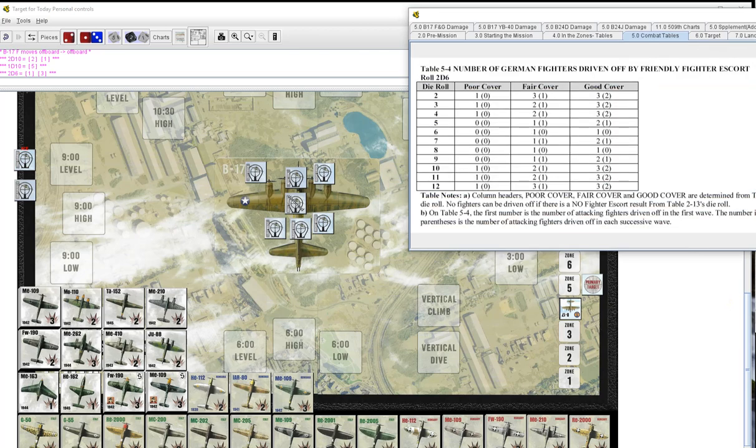All right, let's do that right now. Number of German driven off, good cover. Yes, good cover. Oh, 3 and a 2. See how we get them good rolls when we don't need them. So we'll put the G50 in there as driven off. And that was the only wave. No attacks, no evasive action, no flak. We don't have to worry about